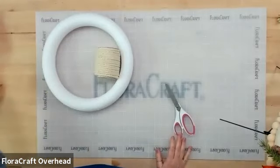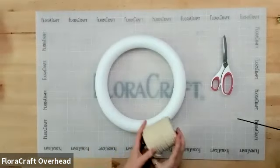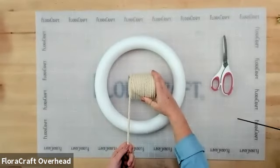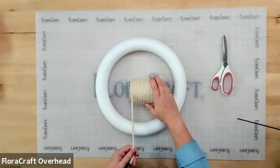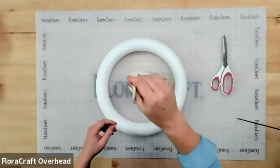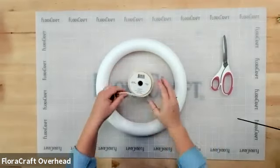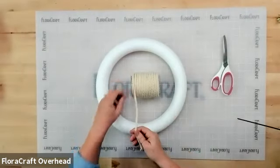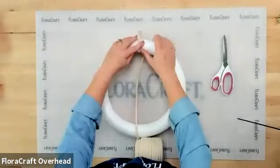So the first thing we're going to do is wrap your wreath. And I found that if you lay your spool in front of you with the cord coming over the top and coming off towards you, it's going to be easier to wrap. If you have it coming off the top, it twists as you wrap your wreath, and it starts to unravel and it just gets kind of haywire. So if you lay it down with the string coming over the top of the spool, put it on the back